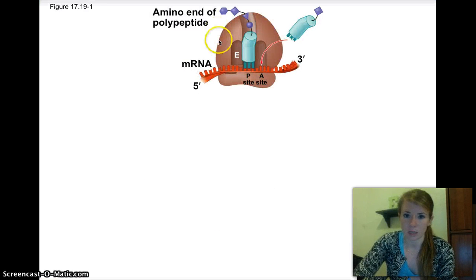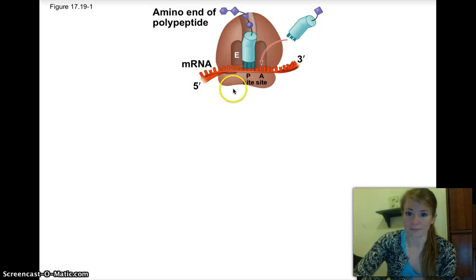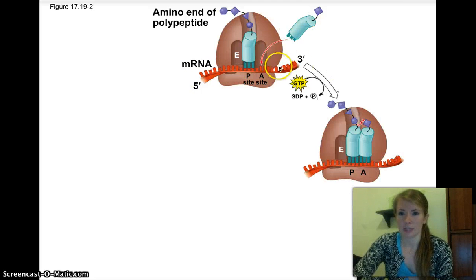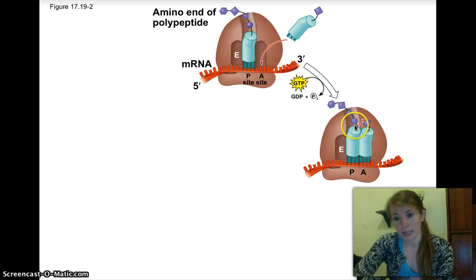Here's our tRNA that's in the P site, and here's our growing polypeptide chain. We have 4 amino acids on it so far, and our mRNA is going to move through, with the 5' end entering. The 5' end is on this end, and it's going to move along this way. The next tRNA comes in and matches anticodon to codon in the A site. Then it fits right into the A site, and the tRNA in the P site has the amino acid chain on it,